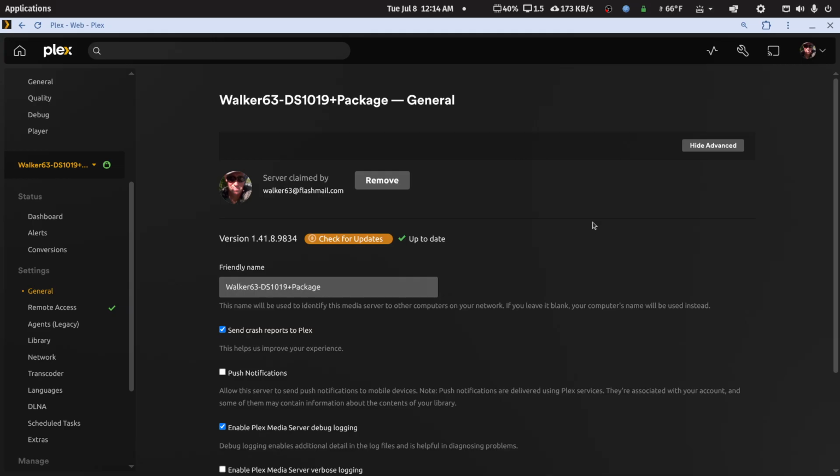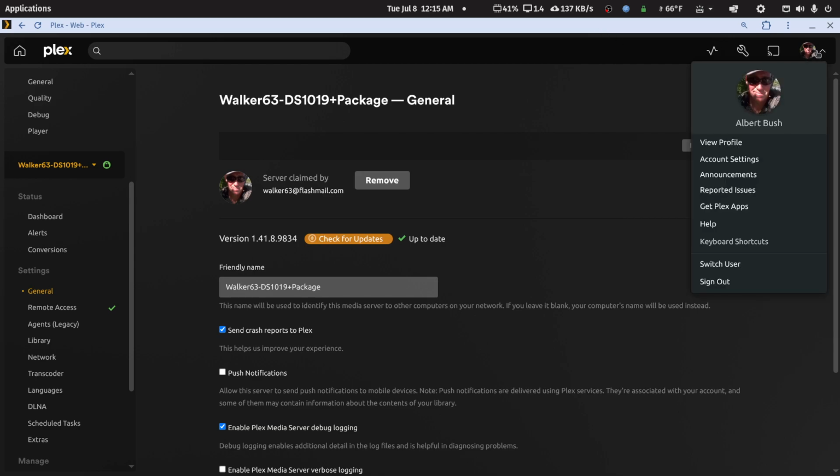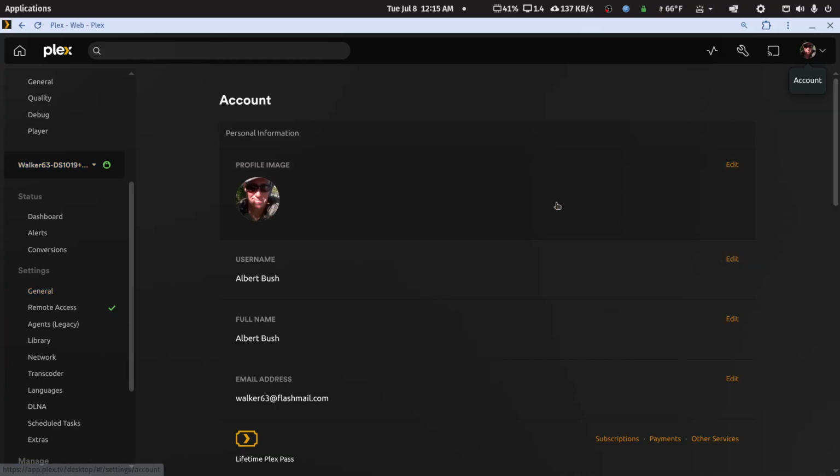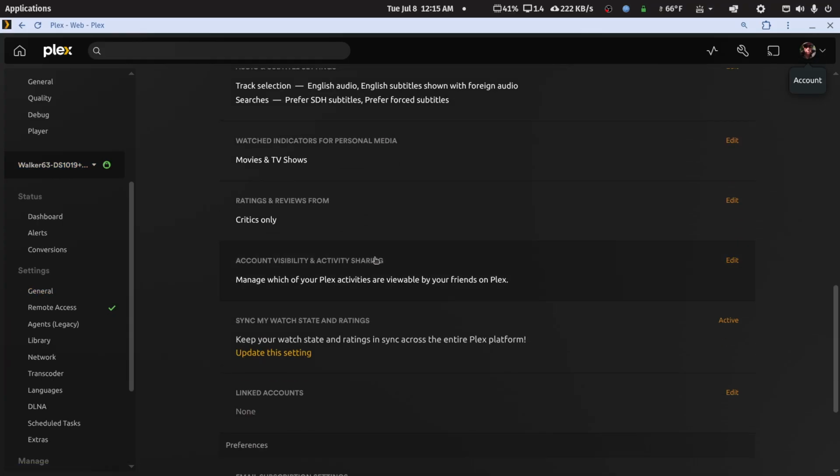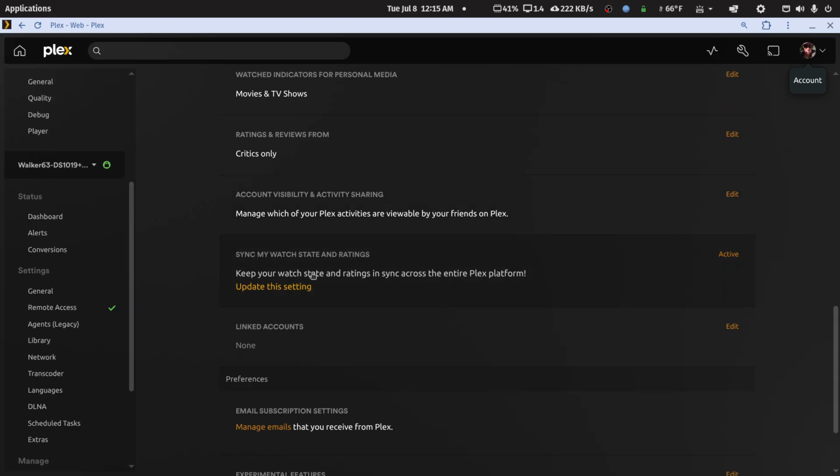But something else your users can do, this is not required, is go to the web app themselves. They won't have a Plex server to see, but the web app is just a client app too. So when they're here, they can click on their account icon, go to account settings, and drop down to this area to make sure this is enabled to keep their watch history and ratings in sync across